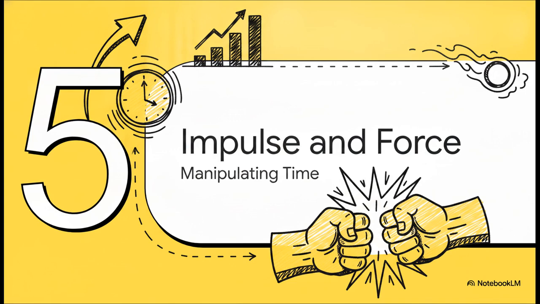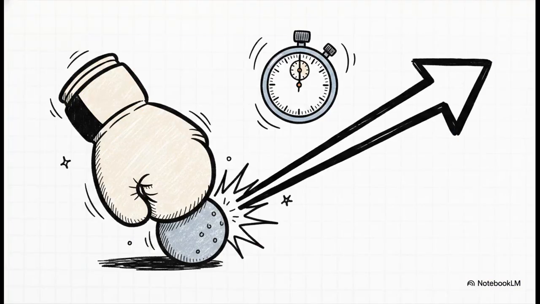This is all about manipulating time. So how do we use force and time to actually mess with momentum? It all comes down to this massive equation. Impulse equals force times the change in time, which also equals the change in momentum. Basically, a resultant force is simply the change in momentum per unit of time. And believe it or not, this is actually just another version of Newton's second law hiding in plain sight. It tells us that to change an object's momentum, you have to apply a force over a specific amount of